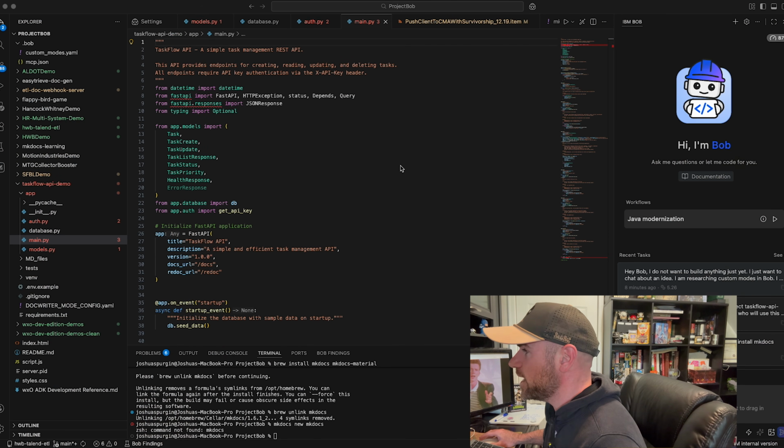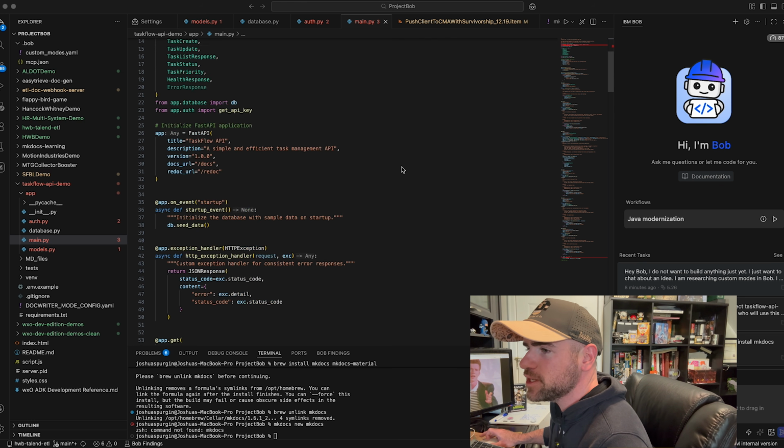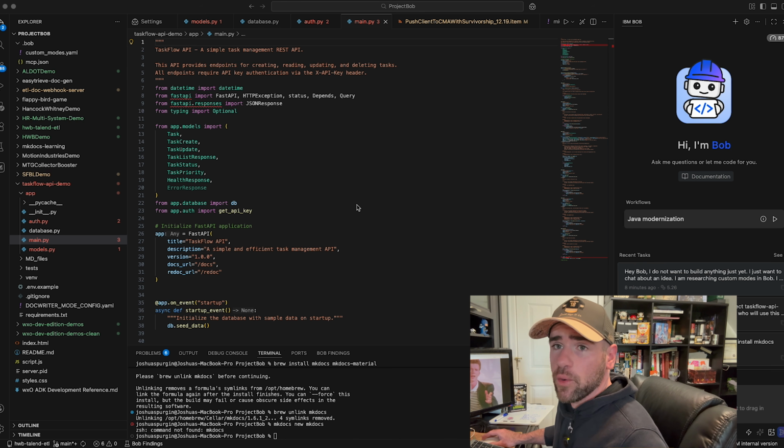of modes in action. All right, so we have an example application here. This is just a RESTful API for managing tasks and to-do items. For demonstration purposes, we really don't care what it does. I don't want to get too caught up on that. We have this application here, several different Python files, and what we're going to do is actually go out and